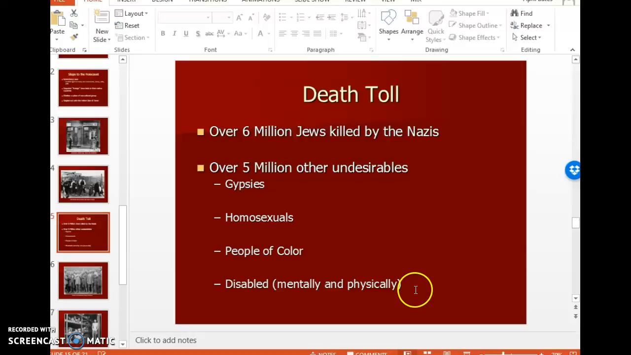So think about it like in our own classroom. I know that my family actually comes from Jewish heritage. I know that I have friends that fall into some of these undesirable categories. So think about all the people